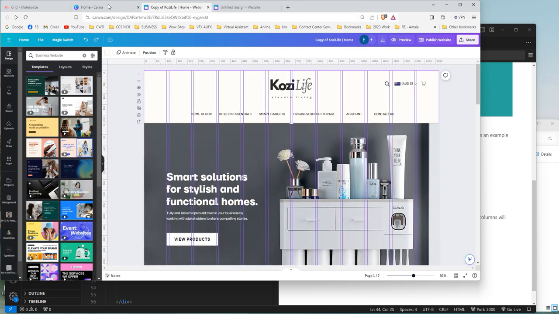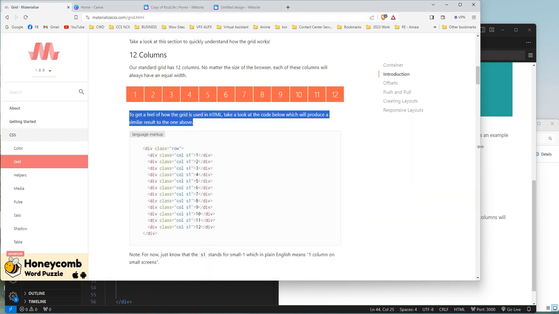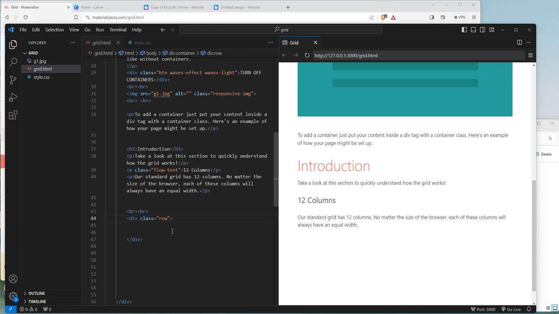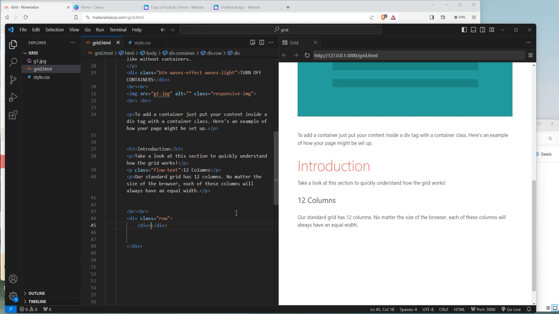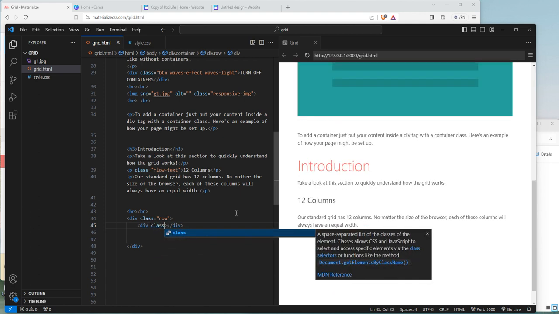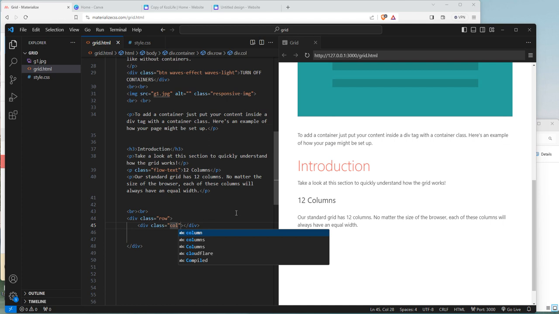Wait, let me show that. Ay, ito, gagawin natin to 12 rows. Okay, so isa-isahin na natin yung ating column. So gusto ko is 12 columns. So 12 na ganito ang gagawin ko. Alright, so div with a class of call. Yun ang ibig sabihin, yun ang call, guys ha, yung column. Ngayon, ano daw ang gusto kong size? Siguro sabihin na natin is